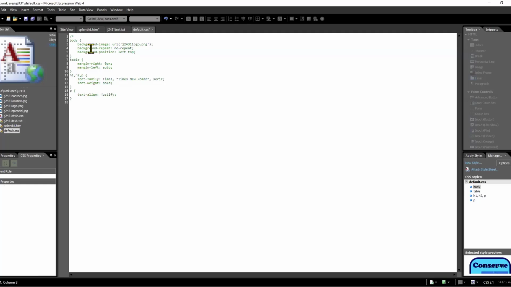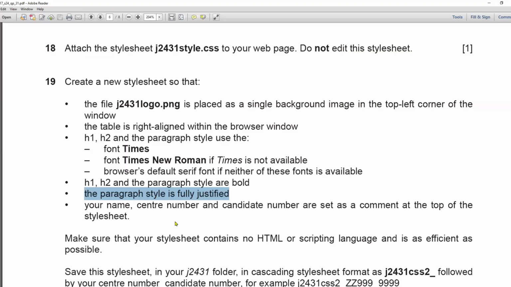This is the way how to add a comment in the style sheet, okay? Slash, star, then comment. It will convert the text to the green color. Then add the comment that they want: your name, comma, center number, comma, candidate number. Then close the comment by star again and slash. Okay, then I think they want me to save it as